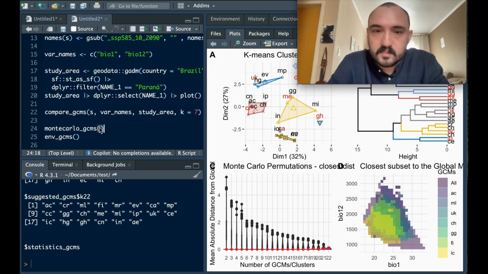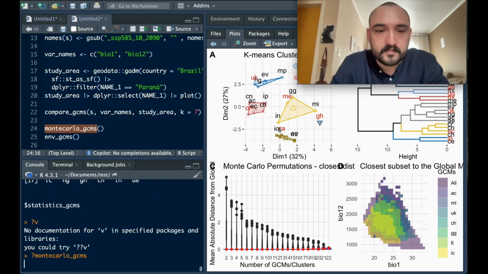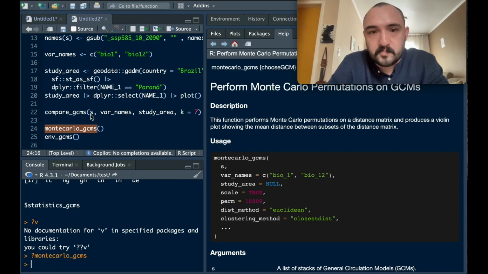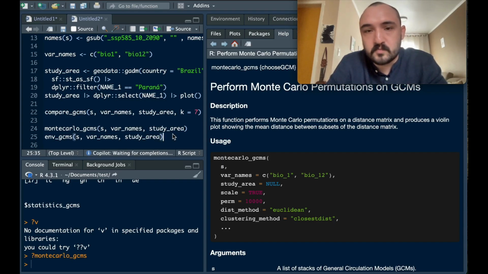Okay. They work exactly the same as every other function in the package. We have to give some information, which are the list of stacks, variable names, and the study area. And each of these functions has some